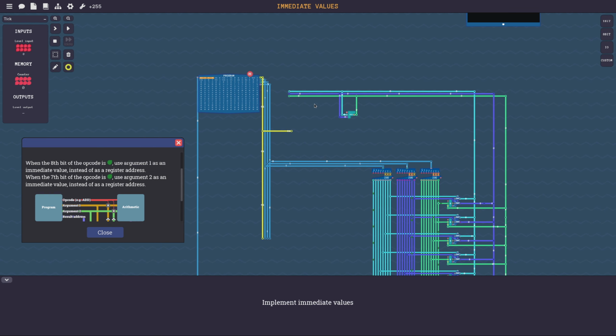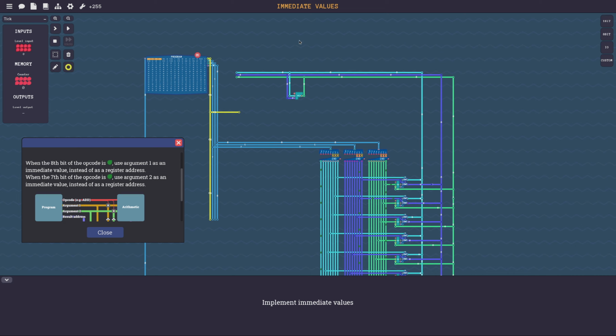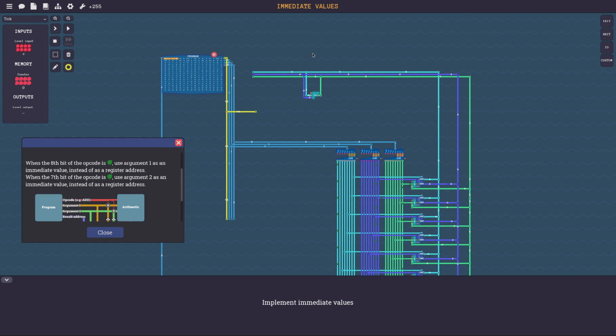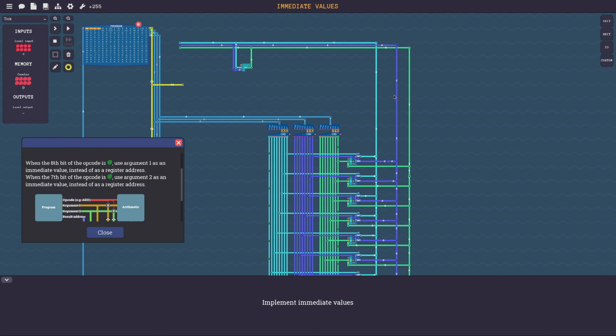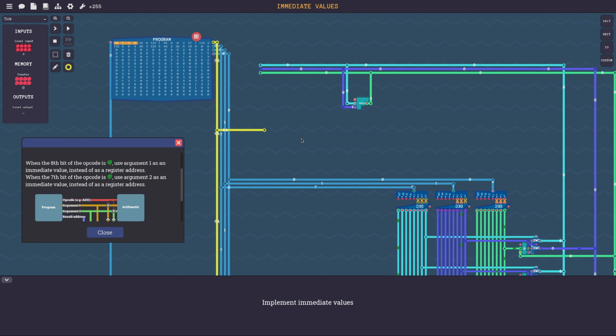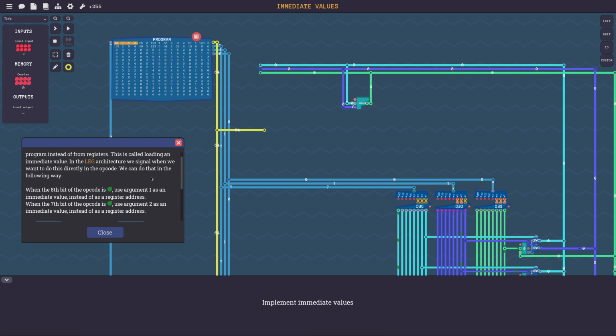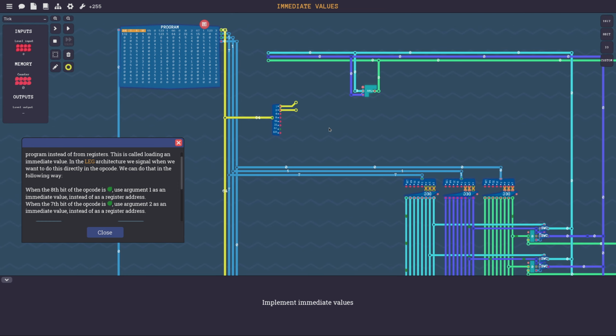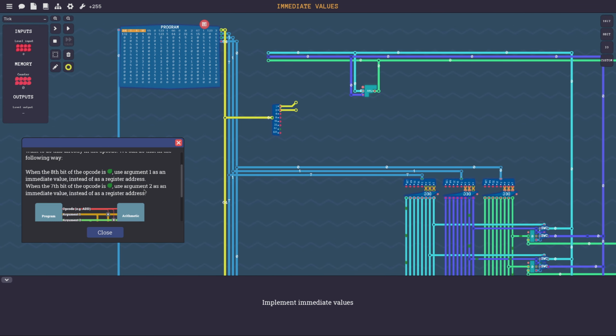Yeah, then again, I feel like making everything parallel. So I would like to keep these three going up, but maybe not. I don't know. Okay, so we have our opcode. We split it, and from it we get two things. We get immediate 1 and immediate 2, right? And now depending on what happens here,